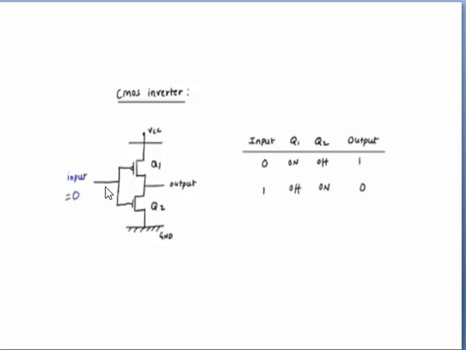Now respective voltages and current would be present, and the current flowing is ID, that is drain current. The voltage for PMOS is VSG, that is the voltage between source and gate, and VGS is the voltage for NMOS between gate and source. Similarly, we have VSD voltage for PMOS and VDS for NMOS.